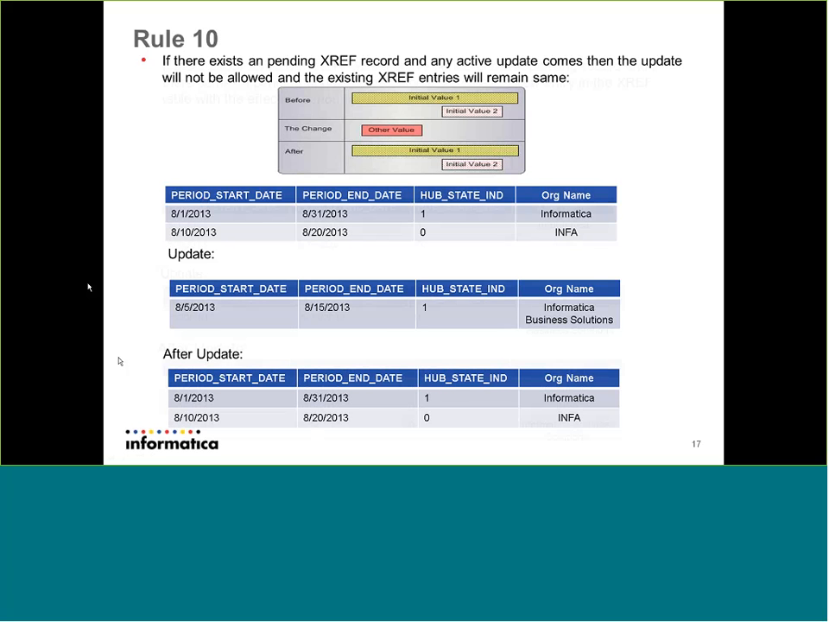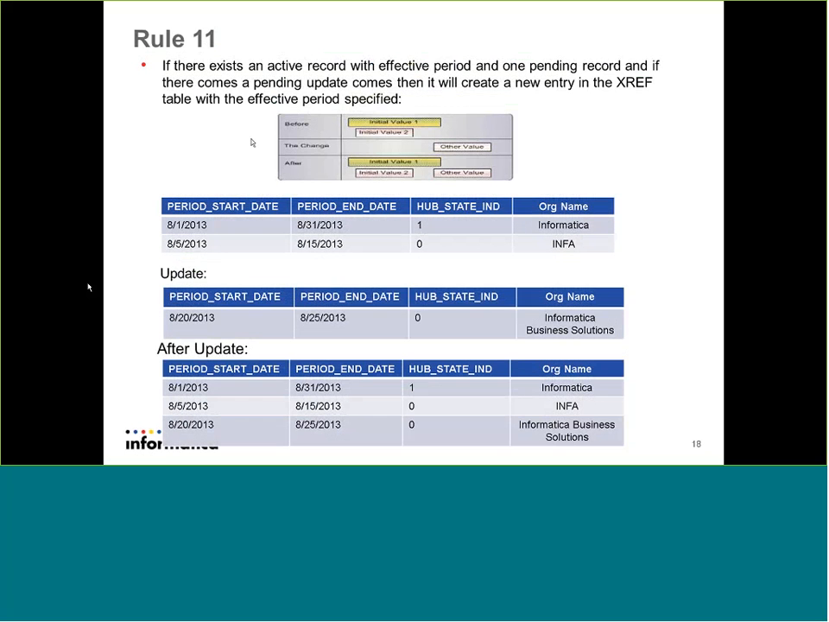Okay. Jumping on to next slide. Rule 10 talks about when you have an active and pending record and you are sending an active update, and rule number 11 talks about when you have an active and pending and you are trying to send a pending update. When you send a pending update, you will directly go and insert into the cross reference table,